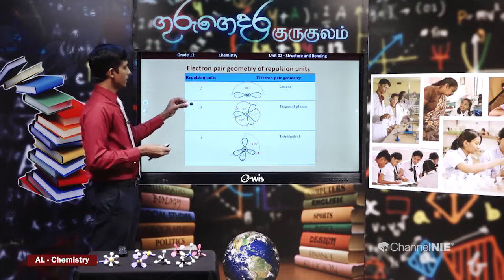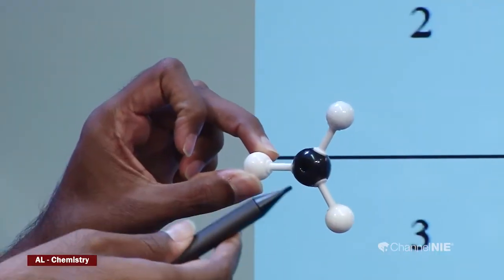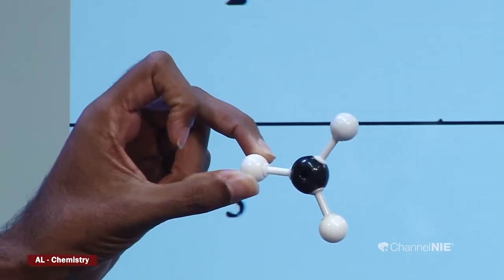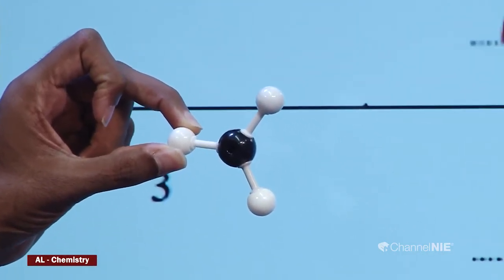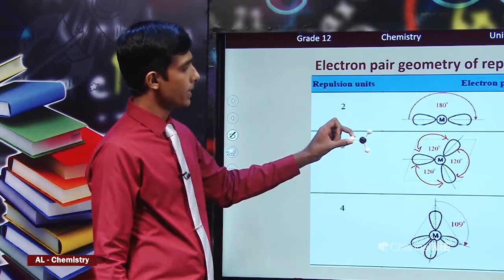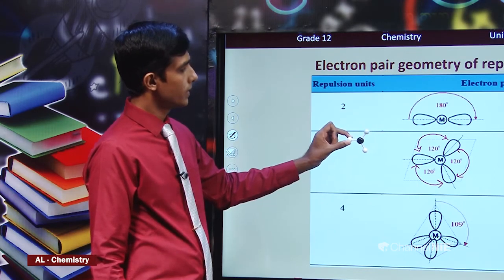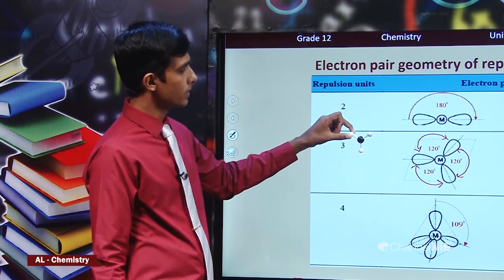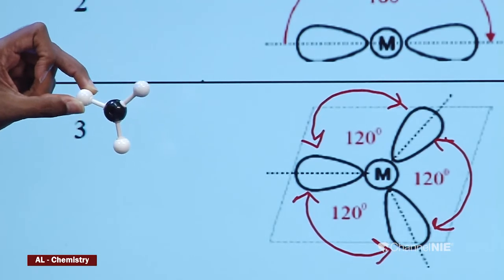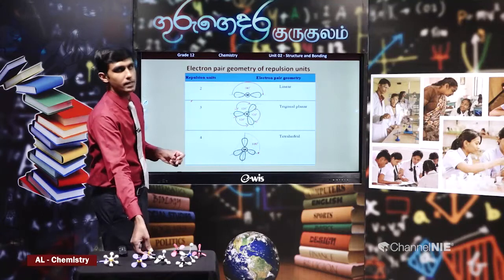If you consider now this central one, this is the central atom of a particular molecule. Now, molecules like BCl3 exist like this. So, there are three VSEPR pairs around the central atom. Those three are arranged like this, that is called the trigonal planar arrangement. So, with three VSEPR pairs, the trigonal planar arrangement is possible.